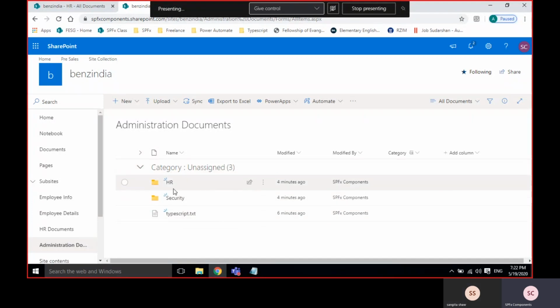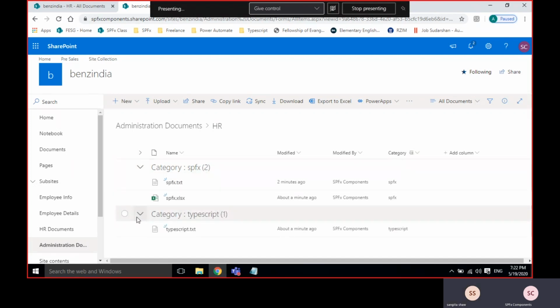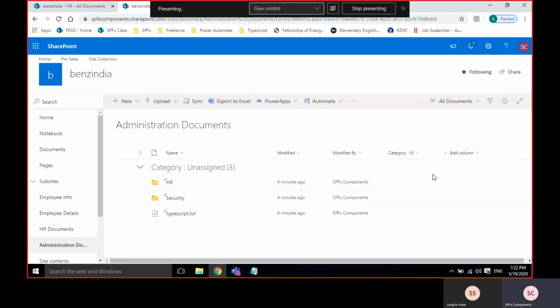Unassigned, I mean the category is not there here. Actually, we didn't load the data. See here, the data we have mentioned is for these three only. So I have taken the category column; if I give the data here, I'll get the group by. As of now, nothing is there, so it shows unassigned.